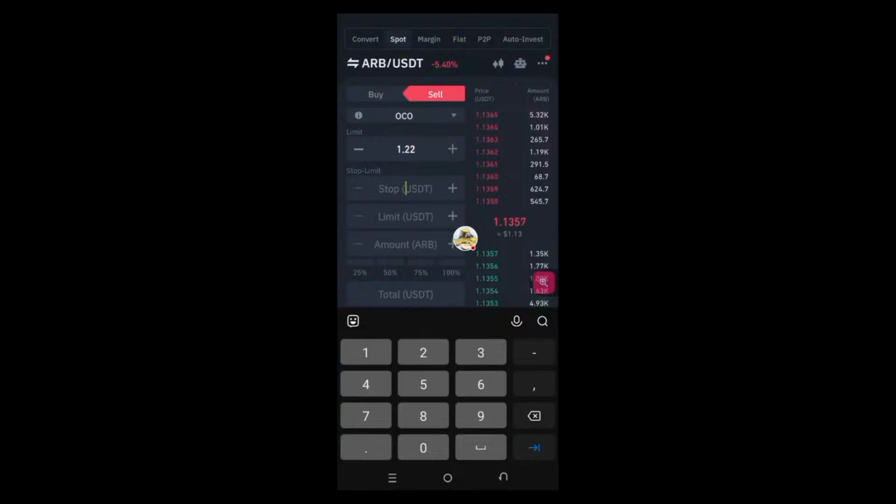Then I'll have to put my stop also, right? So if it's going down, I need to put my stop. That's the stop limit, and that's the stop loss, right? I need to put that. So if it goes below, this is currently 1.359, so if it goes below like 1.2, for instance, I don't want to lose my money, right? I don't want to waste time in this trade. So I'll be happy to lose a little portion of my money,